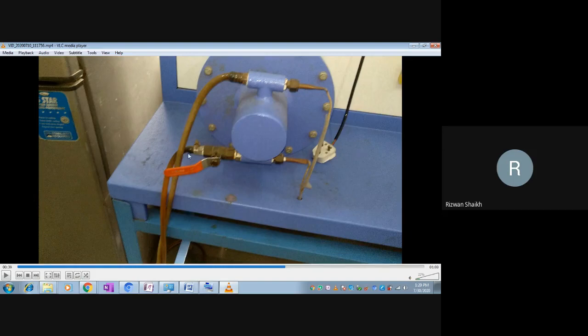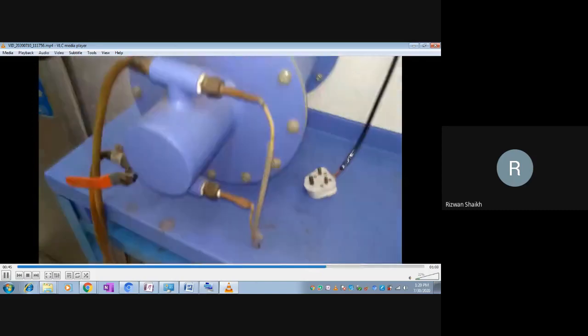To get the flow rate of water, we flow the water into a container and note down the time. So we can get the flow rate as area into velocity. The area of the jar is pi by 4 d square, into the length of the jar, which is up to 30 centimeter, divided by the time we are noting. That gives the flow rate of the water. Once we get the flow rate, we can apply that the heat flow through the water is equal to the heat flow through the rod. In this way, we can do the entire calculation.